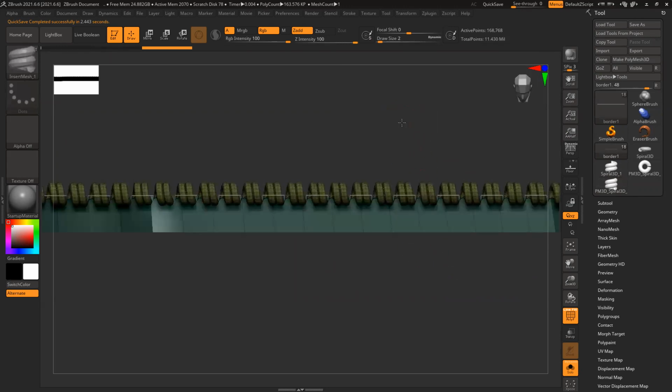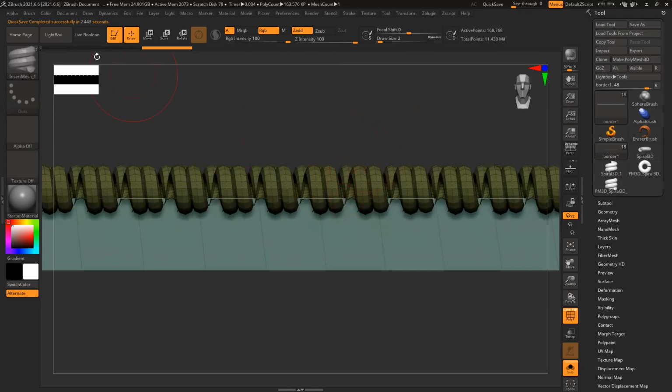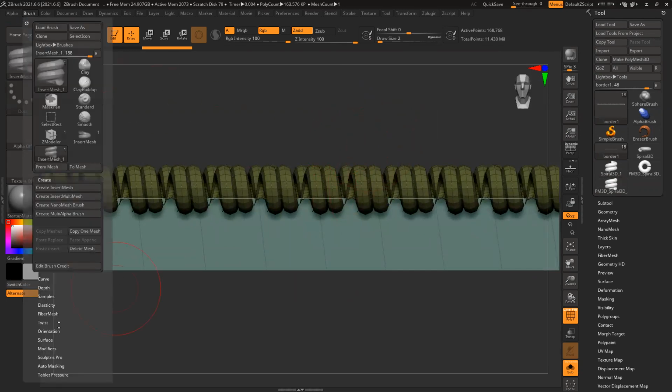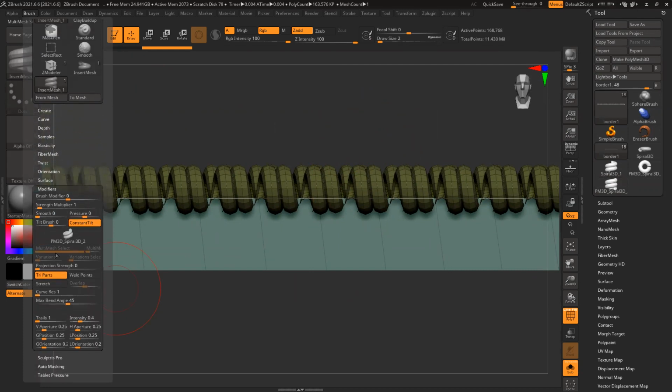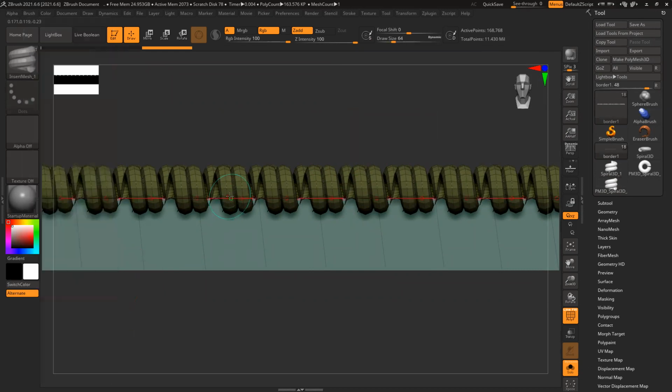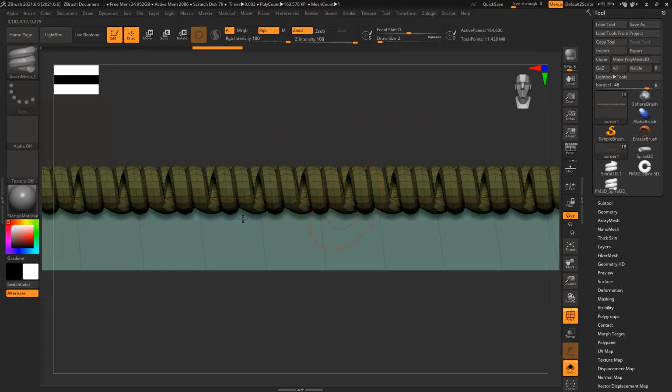So you can see, you can generate this thing. Now I have to make sure this matches the shape. Modifier, weld, stretch. Overlapping I can increase slightly. So it will weld plus overlap.